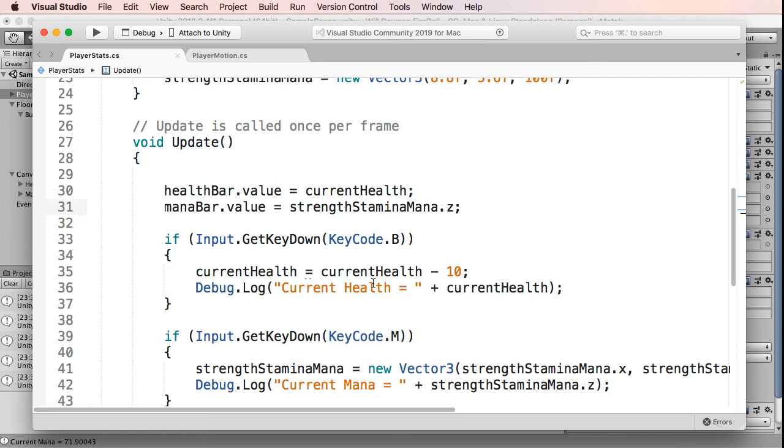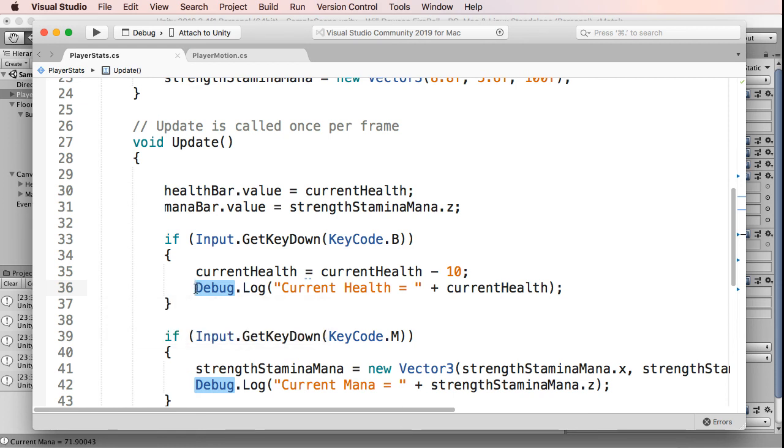I can see in the health bar that my life is depleting when I hit the B key, and it takes 10 life away from me. So I actually don't need this debug.log message anymore. It doesn't hurt me to have it there, but I don't need messages showing up while I'm playing. So I'm going to delete that. Actually, I'm not going to delete that in case I want it. So what I'm going to do is turn this thing into a comment,